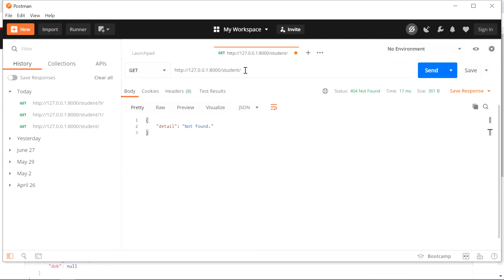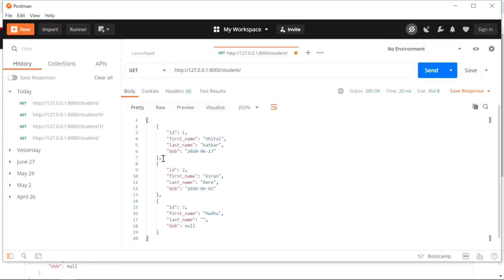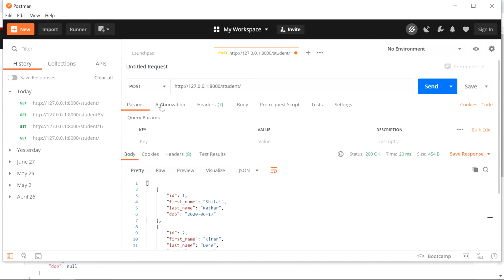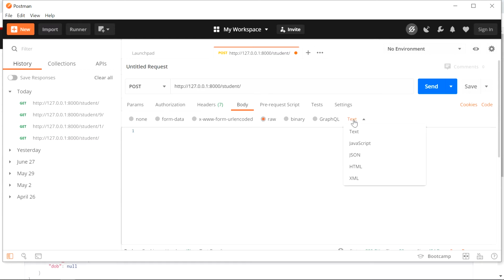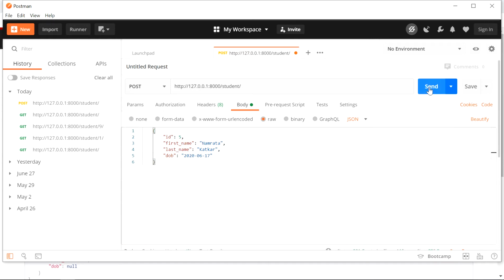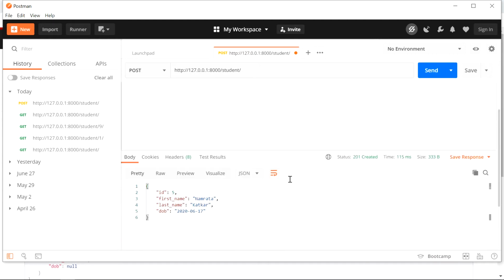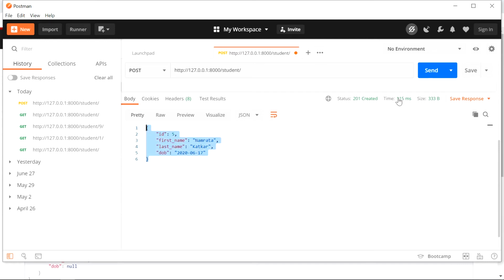Now I will add one student using post method. We'll change the ID and name and keep the date as it is. And the new entry has been created.